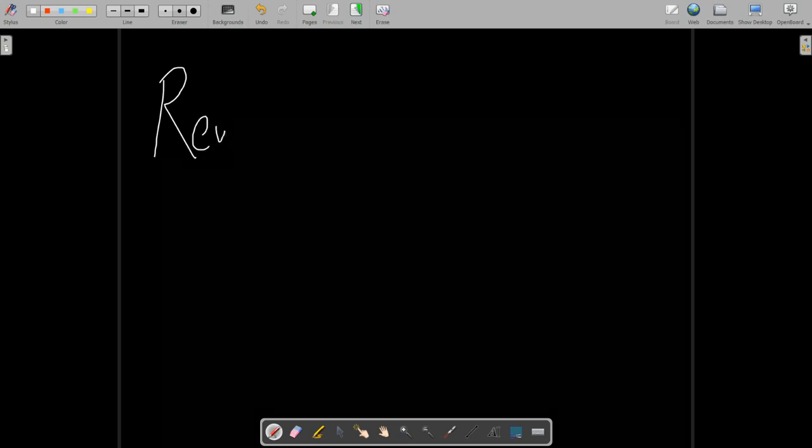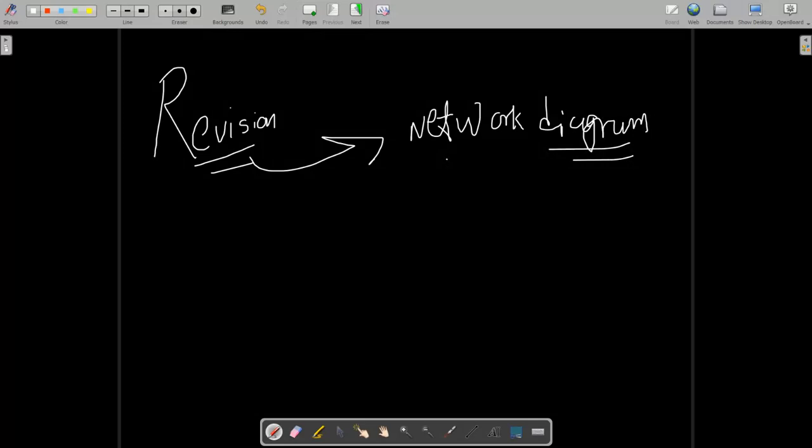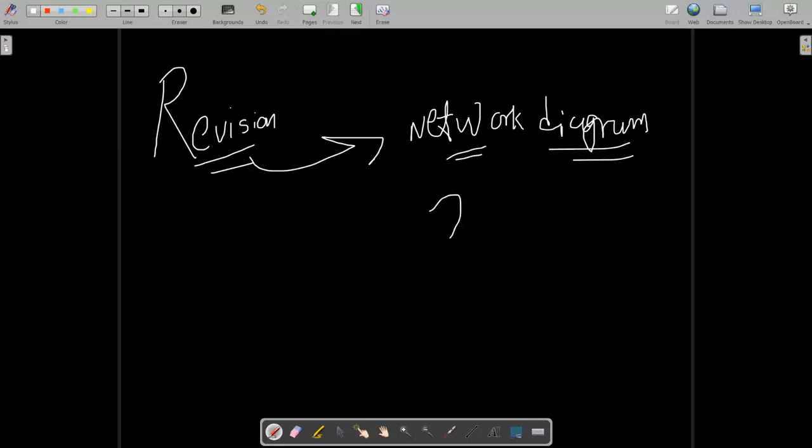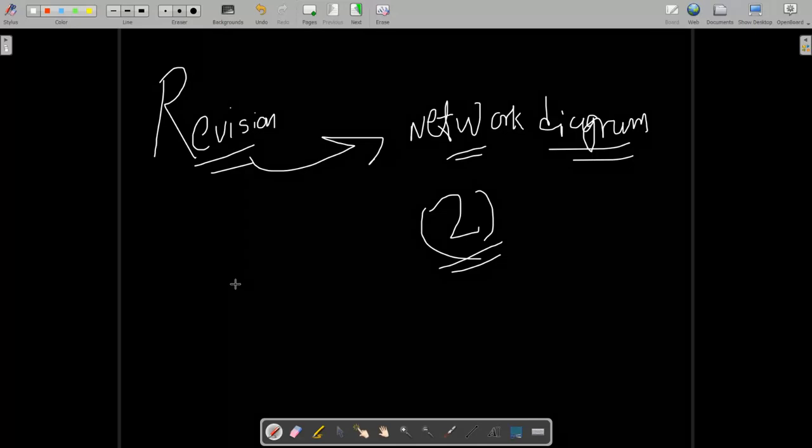And today's lecture is one kind of revision lecture. We are doing the revision of industrial engineering, how to draw the network diagram. Today's lecture will be on network diagram: how to draw it, the critical path, and how to show activity on the diagram. Today we will solve two questions. One is just basic, to understand how to draw the diagram, and the second is how to find the time for each activity, and then find the critical path and variance also.